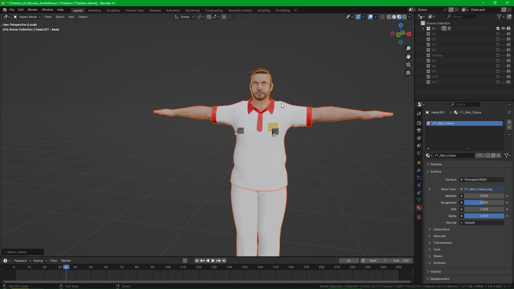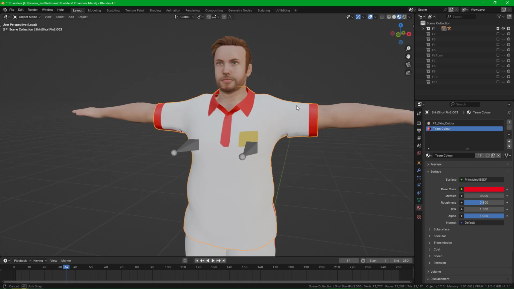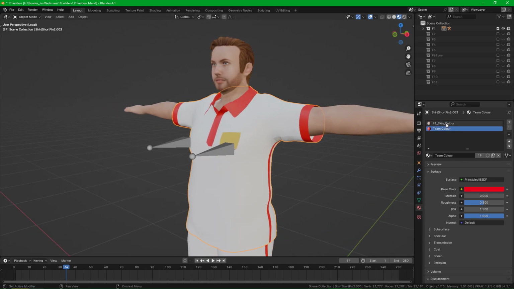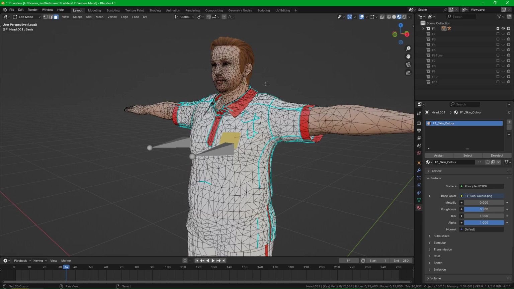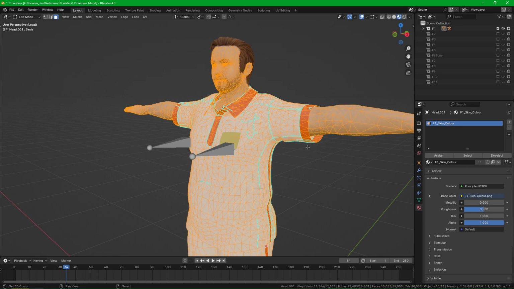But it doesn't do it all for you, because remember on this one it's using 2 materials, so we don't need to worry about these. But if we do this again, Shift L, select linked by material, and we press tab, we can go into edit mode on all of these to view. Press A as well, sorry,